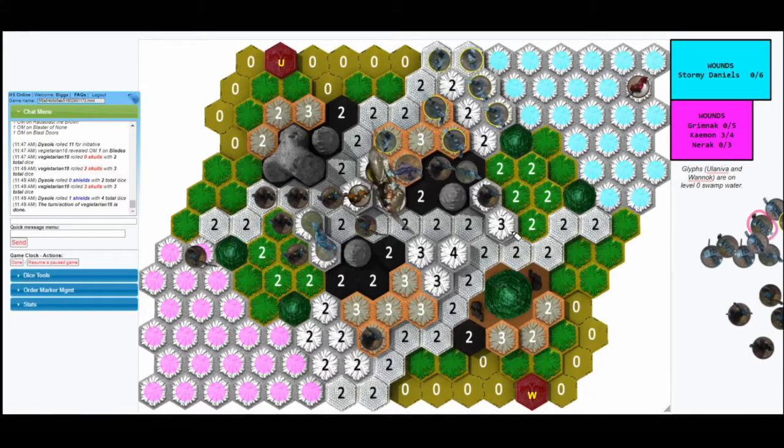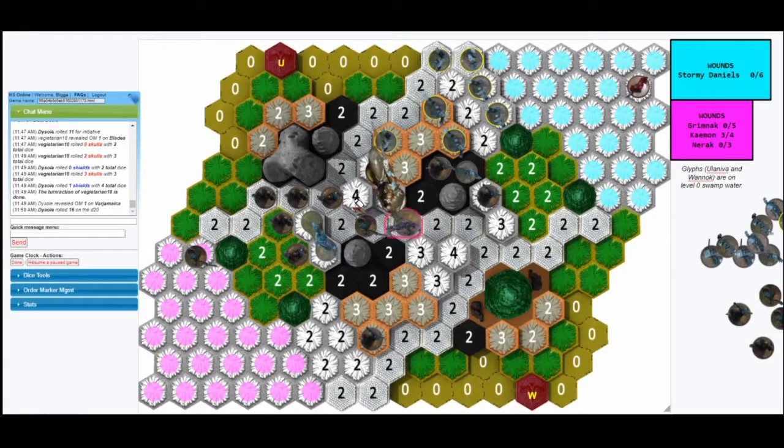You could, that's probably what I would do. I would back out through the other way, although I'd be tempted to shoot at Grimnack. 1, 2, 3. Yeah, I can't quite get to a great spot that way, but yeah. So it'd be interesting to see how she decides to play this. She's going through Grim. Oh, okay. Oh, through Kaimon. Okay. Yeah, this is a big brain play here. I don't know if that order marker is live on Kaimon. If it is, then like I said, that's a big brain play. Right. Oh, and there's a 17.